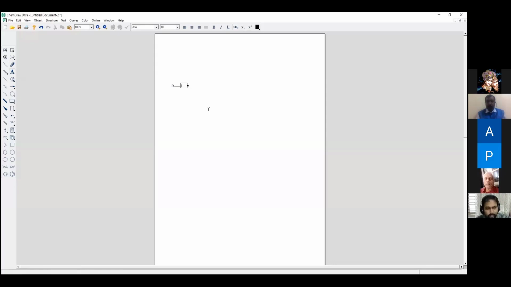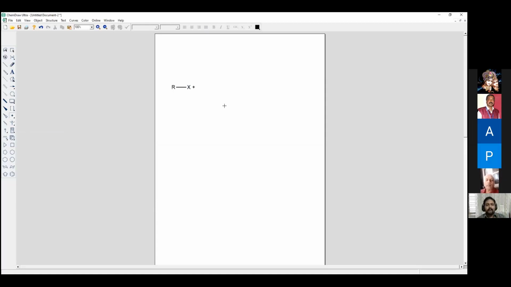You can write X. This is Rx. I'll make it quite bigger. Hope you can see Rx right now. And if you want a plus symbol, look at the screen. You have got chemical symbol tools here. You can click on this. You can select plus option and place it here, Rx.